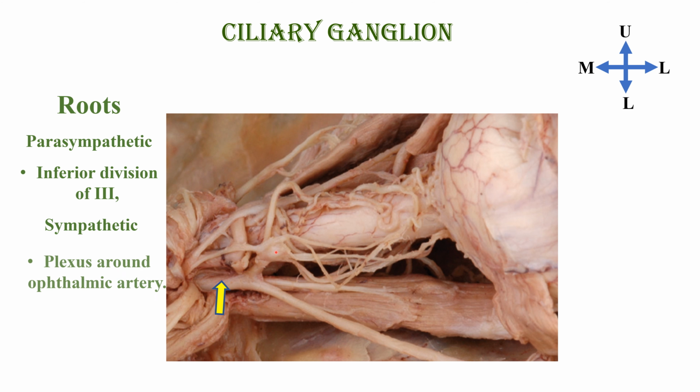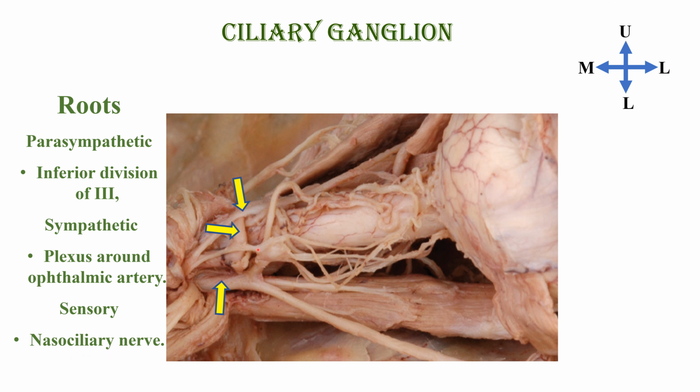The sympathetic will come from the plexus of the nearby artery, that is the ophthalmic artery over here. And the sensory will be coming from the nasociliary branch of the ophthalmic nerve, where the ganglion will be suspended from it. And the ciliary ganglion itself, that is the ciliary ganglion here,